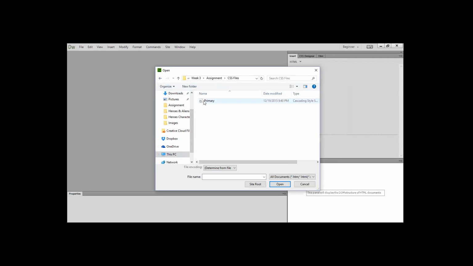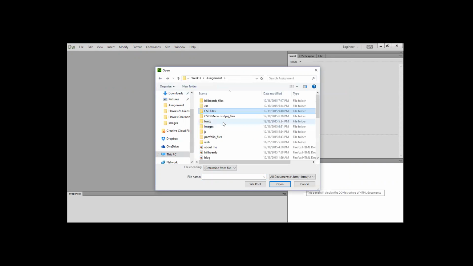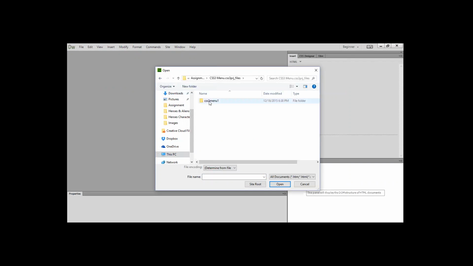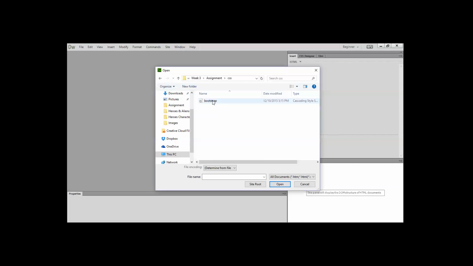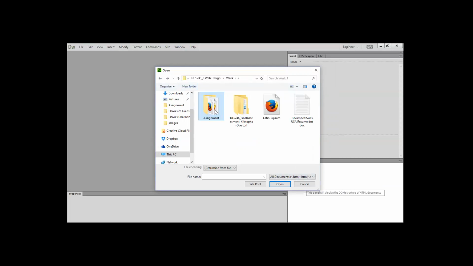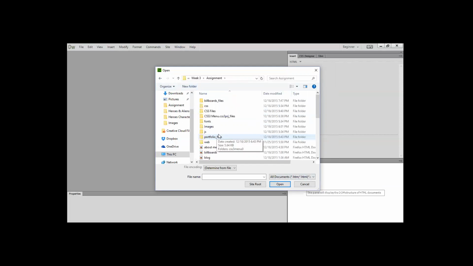Then the CSS file that I created, which I named primary. That's okay, even though the assignment specifically says stylesheet.css, but that's not a big deal for me. Okay. But when I actually started mine off, I started off as a Bootstrap, which is why I have the Bootstrap here. Let's see here. What did I do with my